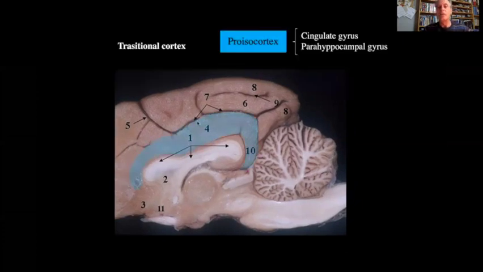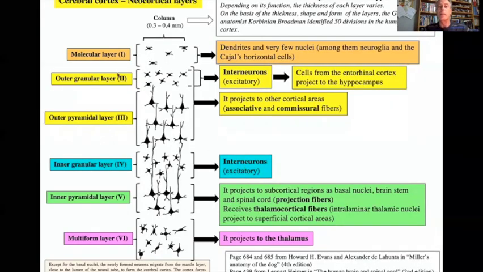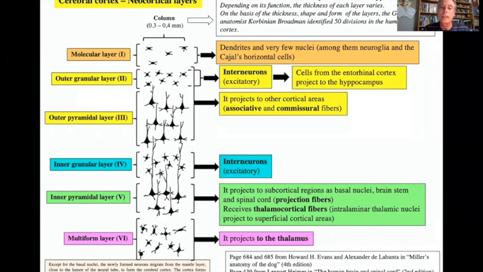It is important, this gyrus, because the cingulate gyrus with the parahippocampal gyrus form part of the proisocortex. This is a transitional cortex. So remember, the proisocortex includes the cingulate gyrus and the parahippocampal gyrus. Talking about layers, we have talked about that at the development lesson, okay? But now we are going to identify in the neocortex, as we see, there are layers, up to 6 layers,